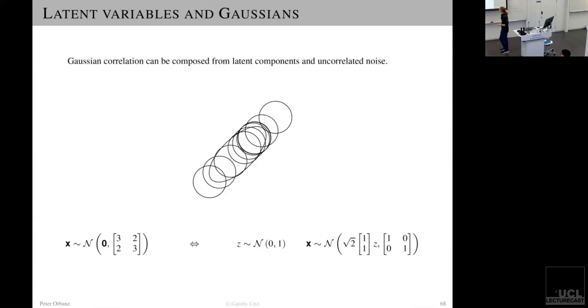Okay. So now let's look at a simple example of what you can do with a latent. What you see here is an ellipse and a bunch of circles. There's an ellipse underneath here, and then there's a bunch of circles that are all exactly of the same width and aligned on some line here. Think of this ellipse, and each of these circles, as the contour line